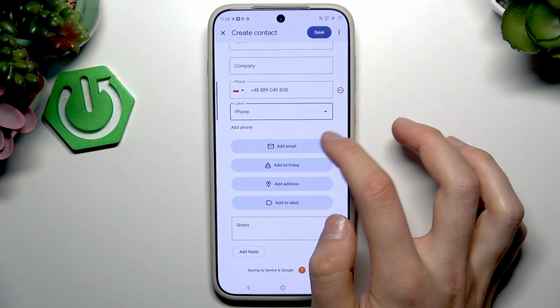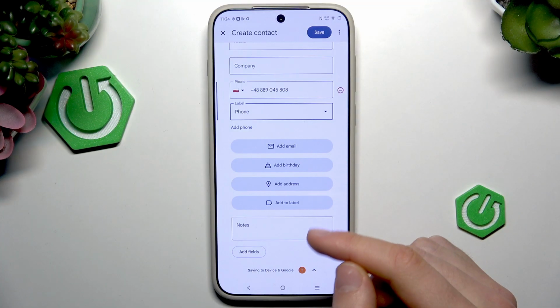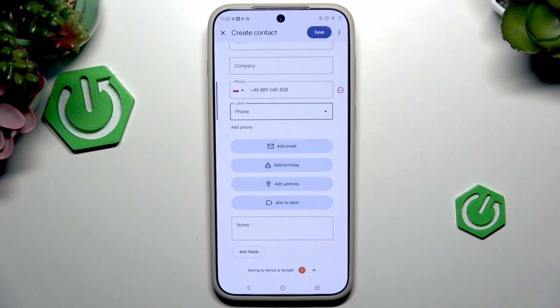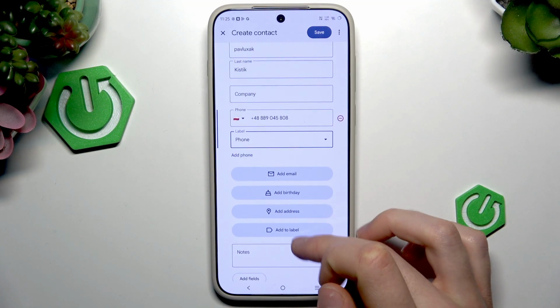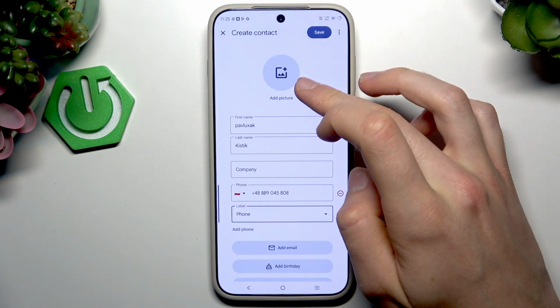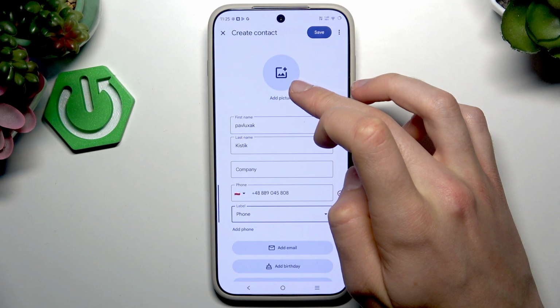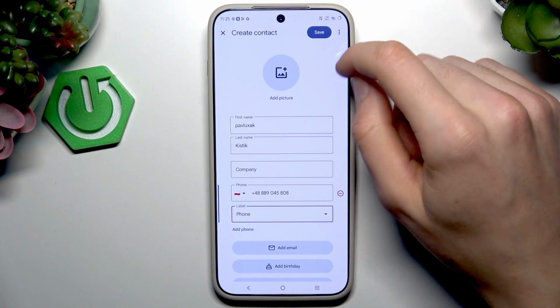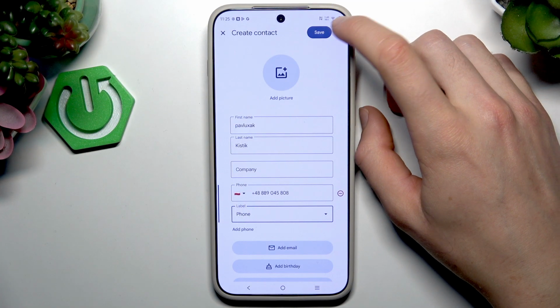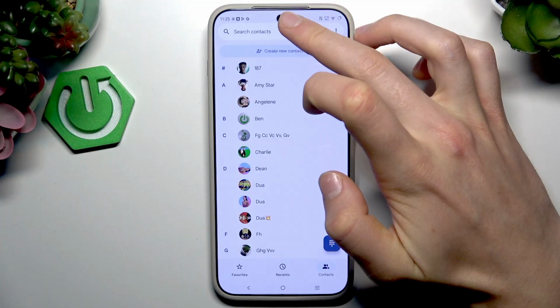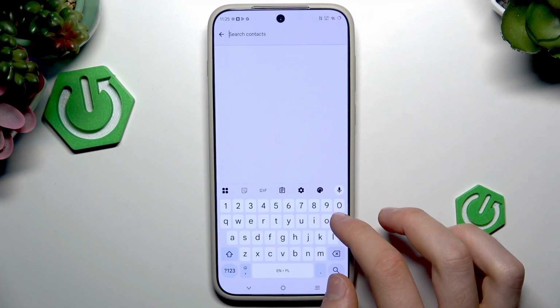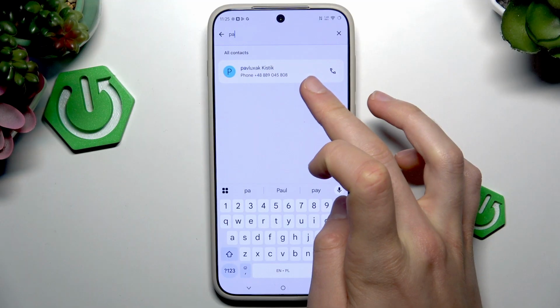I'll choose phone. You can also add an email, birthday, address, and add to label or add a note. And also add a picture for your new contact. So basically, click save to save this contact, and to find it, type it here, and as you can see,